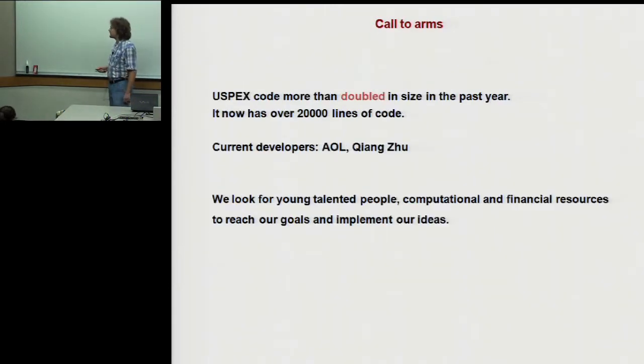but we need more manpower because in the last year, our code actually doubled in size, and there are only 2 people, myself and one of the PhD students, working on it. And well, of course, we need financial computational resources, but the biggest need are people, young people who are good both in software engineering and in physics and chemistry. That's why I said yesterday that it's important to prepare such people and give physics lectures to computational scientists and some IT lectures to physicists.